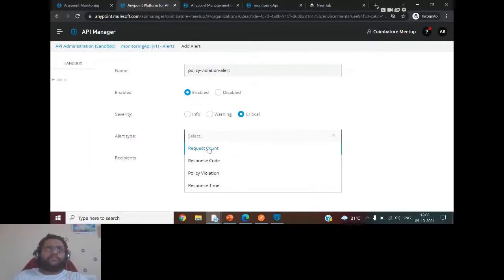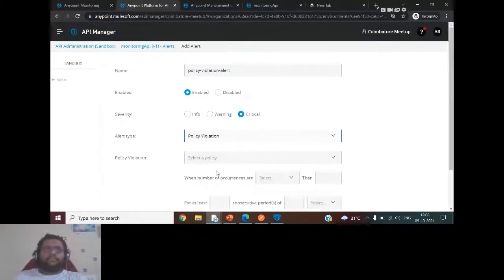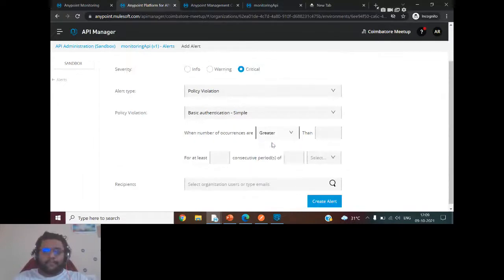So see this: request count, response code, policy violation, and response time. If you select any of these and it gets violated, then the alert is going to get generated. Just to show you the demo, policy violation is easy for me. When you select a policy violation, it is going to ask you to select the policy. You may have client ID enforcement implemented, you may have basic authentication, or you may have OAuth 2.0, anything. If you select basic authentication, here also you have to mention that greater than